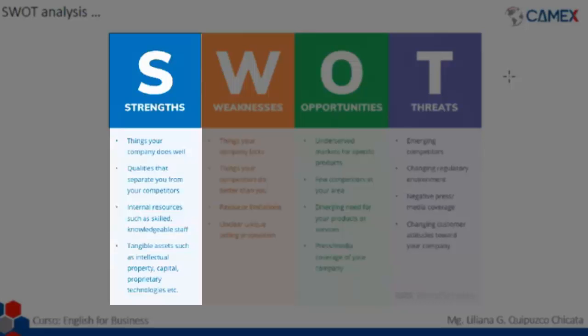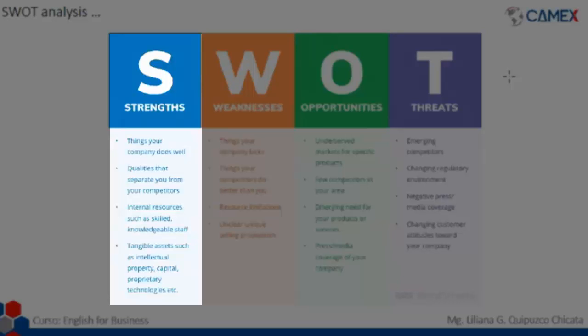For example, if you go to KFC, if you go to McDonald's, if you go to maybe to eat pollo a la brasa, you're going to see that they have these playgrounds especially for kids. So this is a really good strength, because it means that families can come together to the restaurant, and while the parents are eating, the kids are playing and they are not going to disturb the parents. So the parents are going to be happy. So they will rather go to a restaurant with a playground than one that doesn't have a playground.